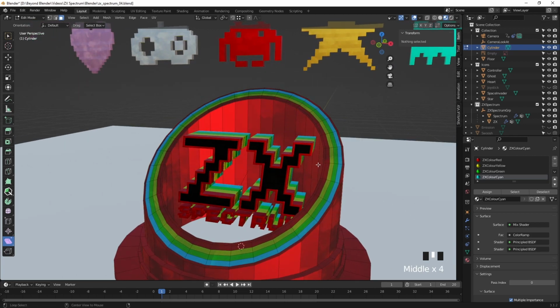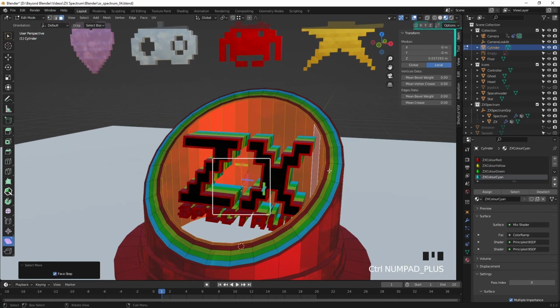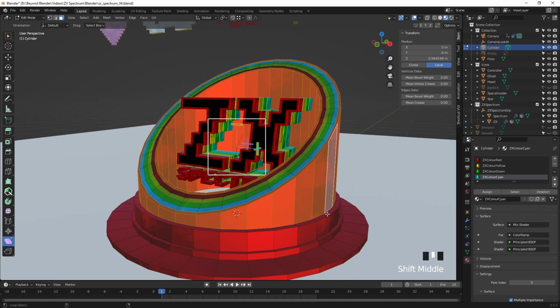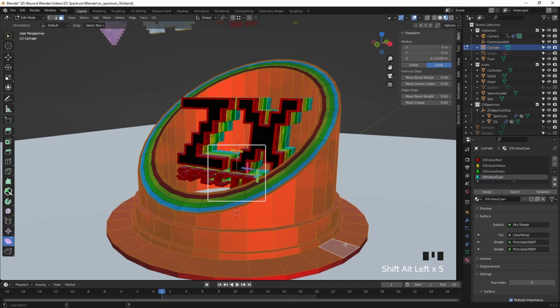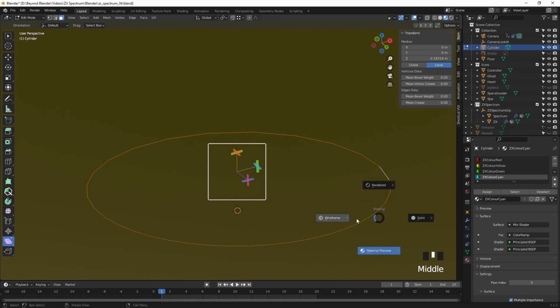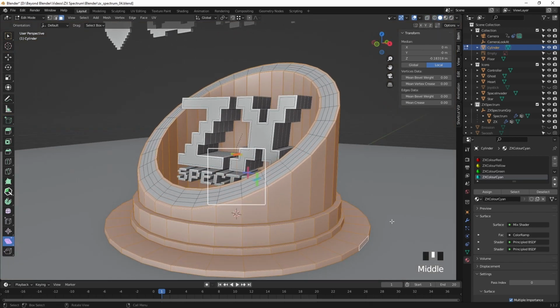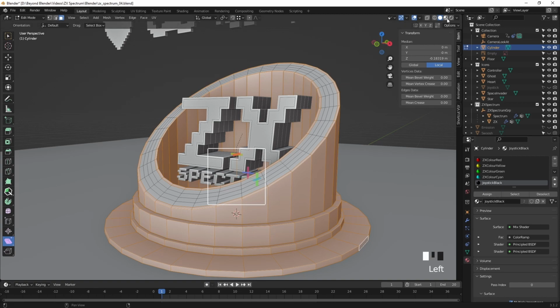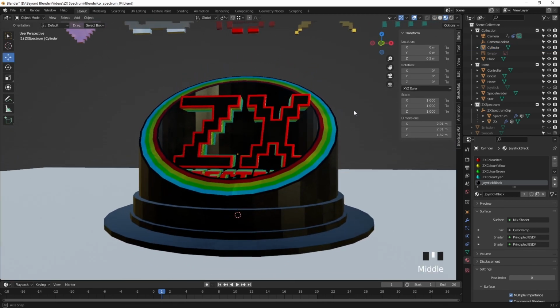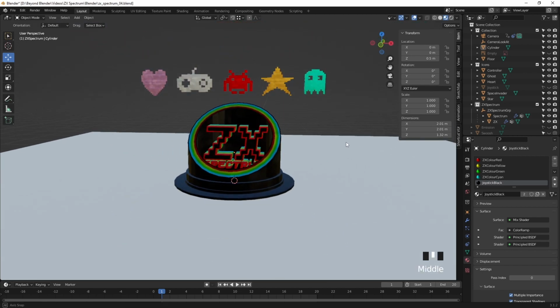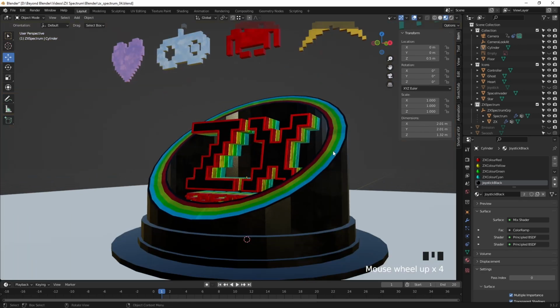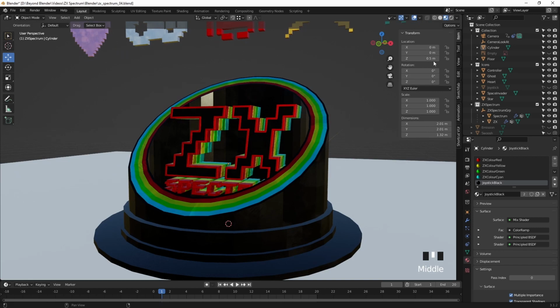So now we're just left with all of this red that we don't need to have all over this object. So we select those edge loops there, I keep calling them edge loops, face loops. And again, hold down the Alt key and then hold down Shift Alt to select multiples of those face loops. And with that selected, we'll add another material. At this point, anything will do, as long as we've got it separated from the other materials, that's fine. So I added the joystick black, which we created back in part 2, and we didn't use it in the end. Now that looks quite cool as it is, actually faceted, but we are going to make it a little bit more